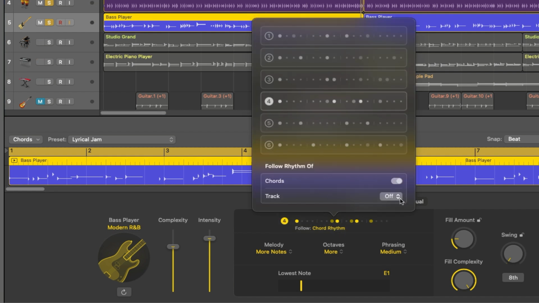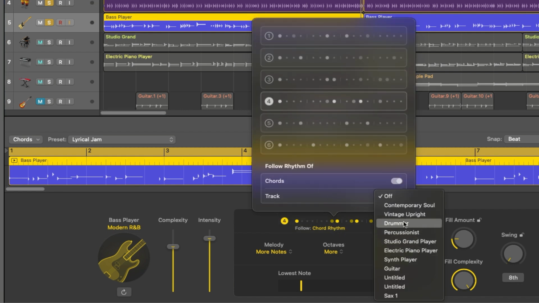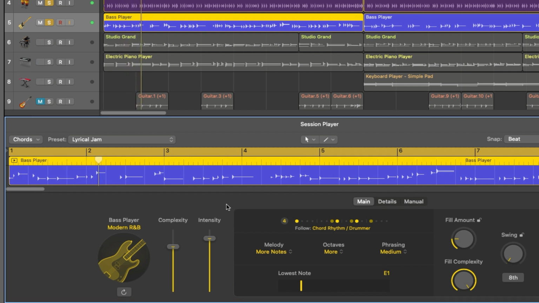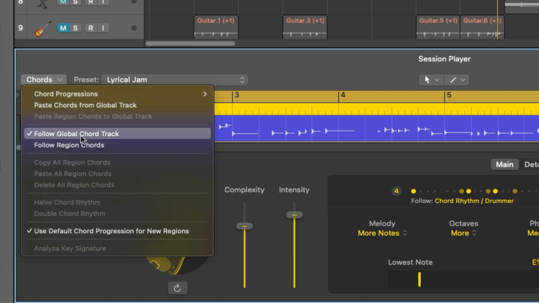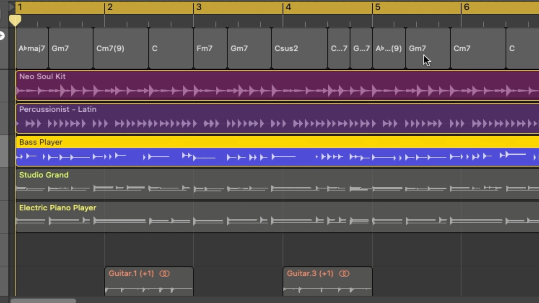Okay, let's go back in and switch on track. So we're going to follow the drummer. So much tighter now that the bass is locked in with the kick drum. The other thing that you need to pay attention to over here is we are telling the bass line to follow the global chord track. And that's why it's so important that you take the time to create a coherent chord progression on the chord